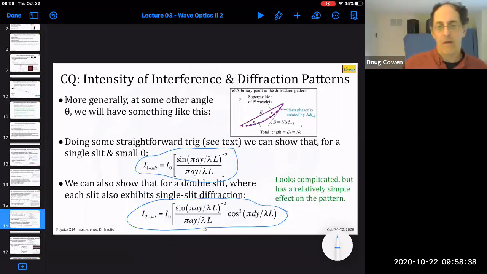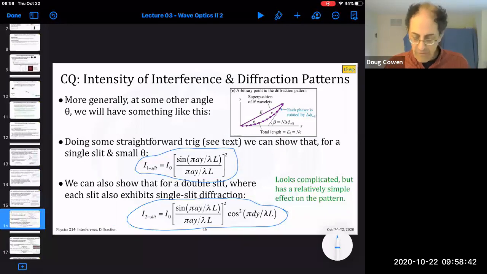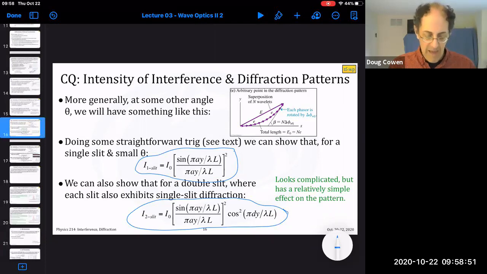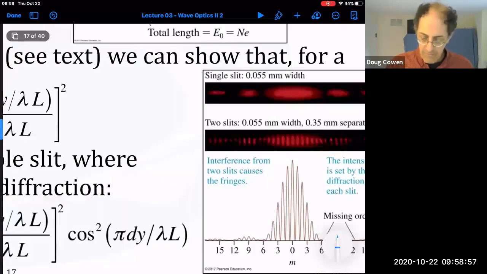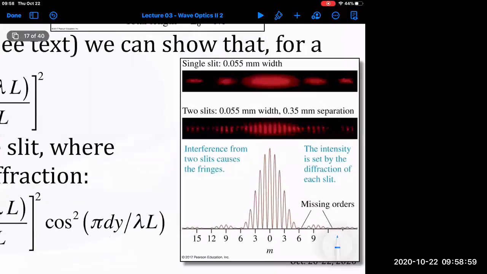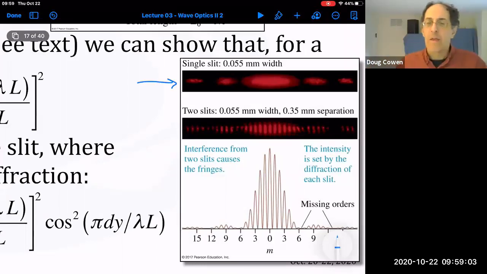And then what's in the argument there depends on the geometry that you've chosen. And this looks kind of complicated. And well, frankly, it's not trivial, but it actually has a relatively simple effect on the pattern that you see. And in particular, it causes patterns that look like this. So up here at the top, you see the light pattern that's,